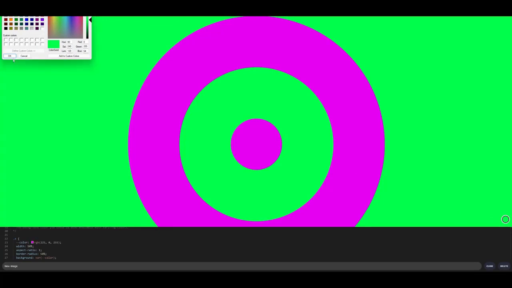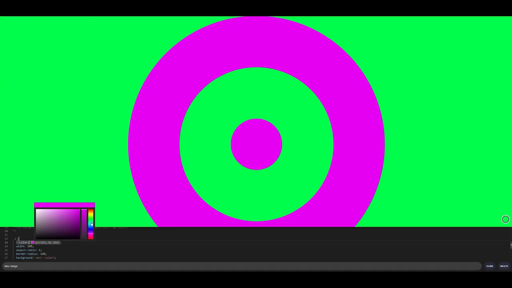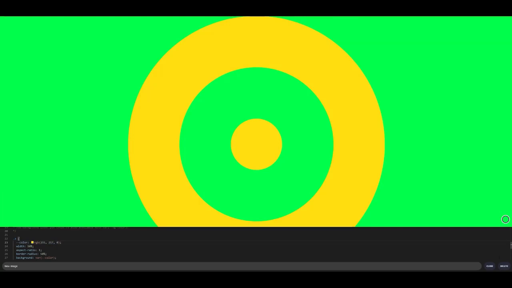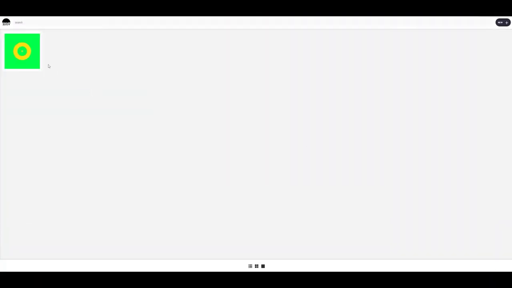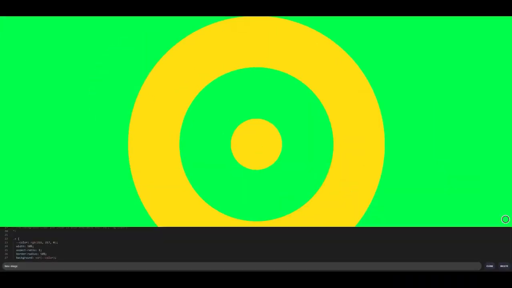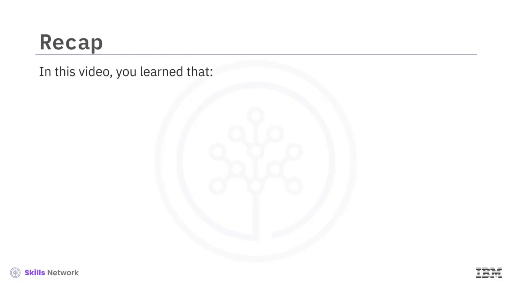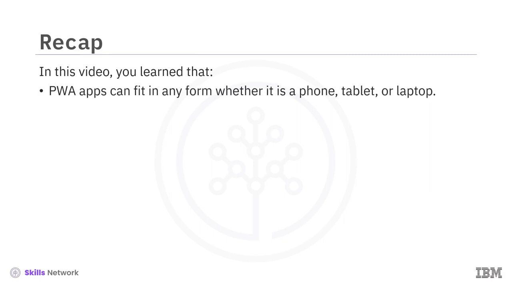The main goal of this demo is to showcase the Window Controls Overlay PWA feature, which lets you target the element for which you want to change the colors. It also demonstrates how you can create the image dynamically and store it locally on your laptop and delete it if necessary. In this video, you'll learn that PWA apps can fit in any form, whether it is phone, tablet,